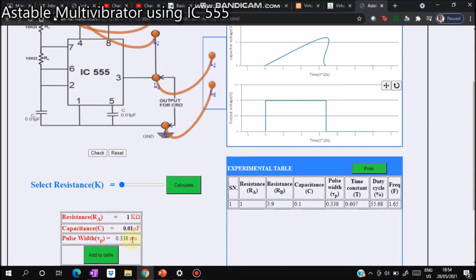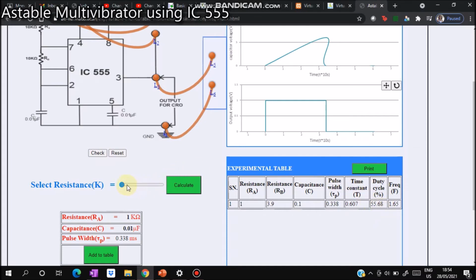So you can observe the pulse width is 0.338. It is multiplied by 10 in order to visualize this. Here you can calculate theoretically and confirm that you are getting the correct value. Similarly, time constant is given. Similarly, duty cycle you can calculate. It is coming out to be 50.68, that you can verify.